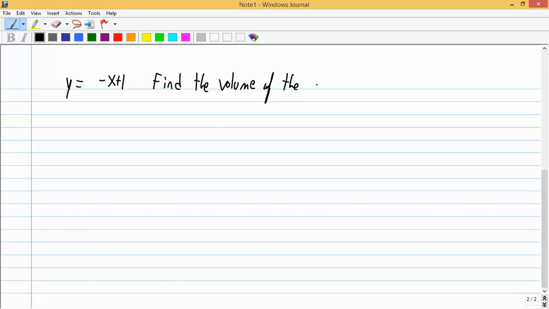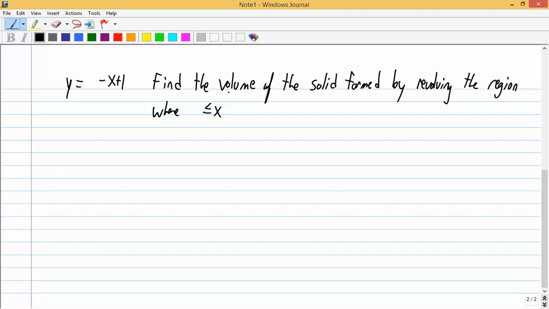Find the volume of the solid formed by revolving the region where x is greater than or equal to 0, less than or equal to 1, about the x-axis. Alright, so I have y equals x, and